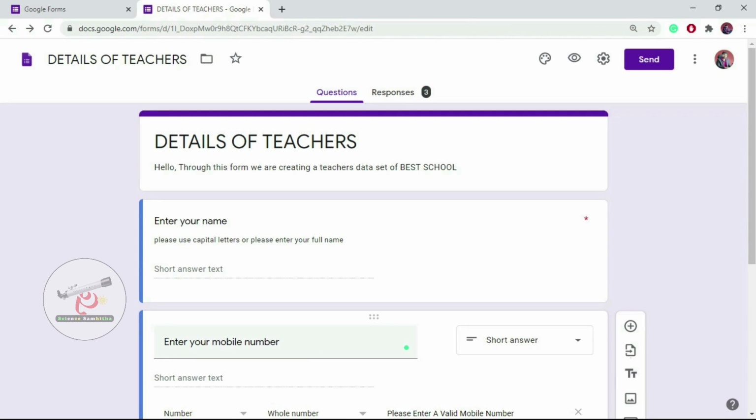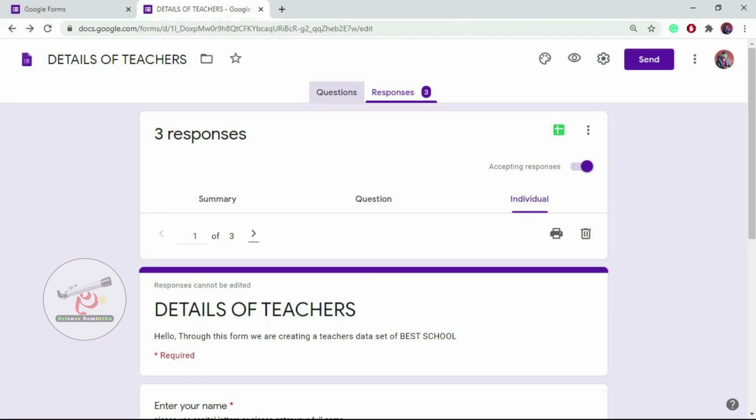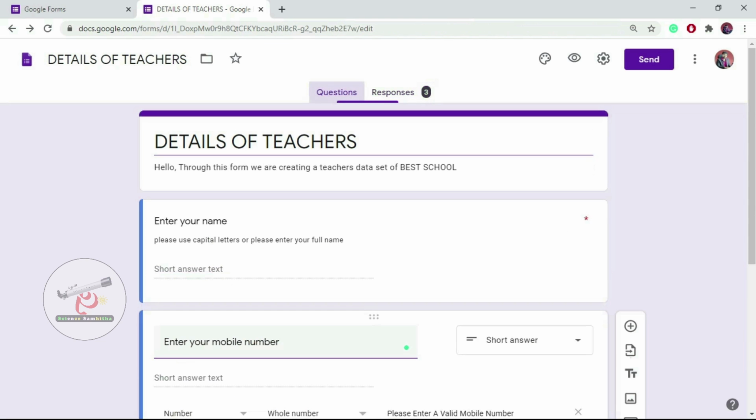So this is how you can create your simple Google form, and you can get the responses, and you can handle the data with Google Forms. So this is the question, and these are the responses. Okay, there is no need to save this because you are working online. Of course, internet is needed to create a Google form, and the user doesn't need any Google account or Gmail account for responding. You need a Gmail account for creating the forms.